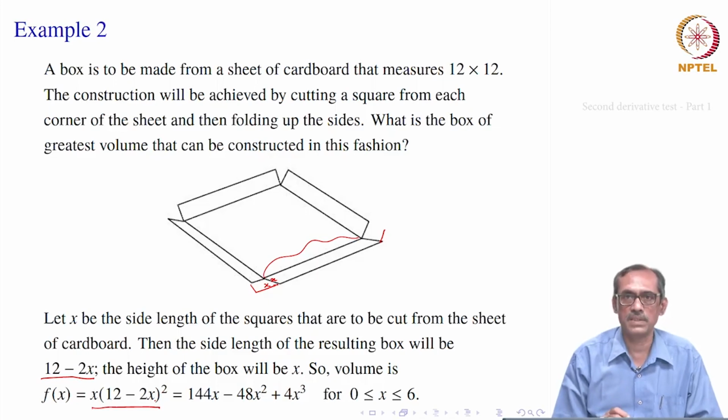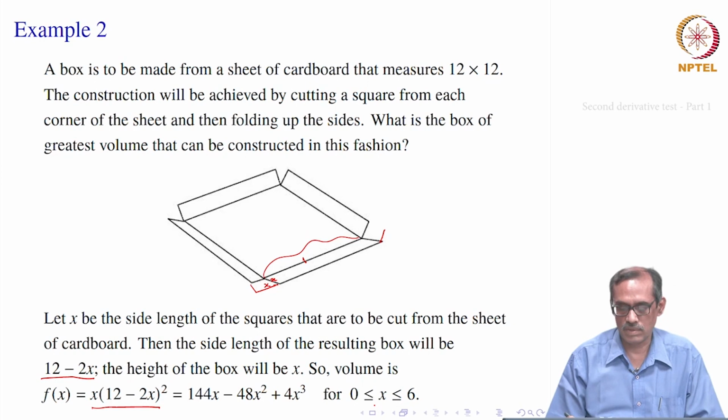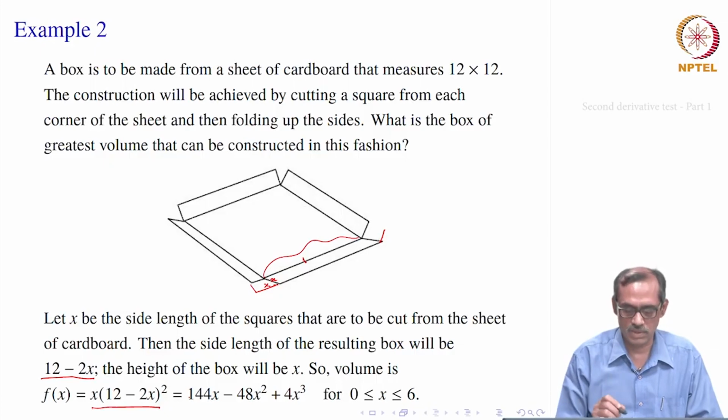This is to be maximized. So, let us call that the function f of x. Now, we want to find x. So, what could be the maximum and minimum of this x? Well, you may not cut anything, so x can be 0, or if you cut something, then since the total is 12, you can cut only maximum half of it, which you will not do of course, because everything will be cut. Here similarly nothing is left, so that will give 0 volume. So, 0 is less than or equal to x less than or equal to 6. That is what we see.